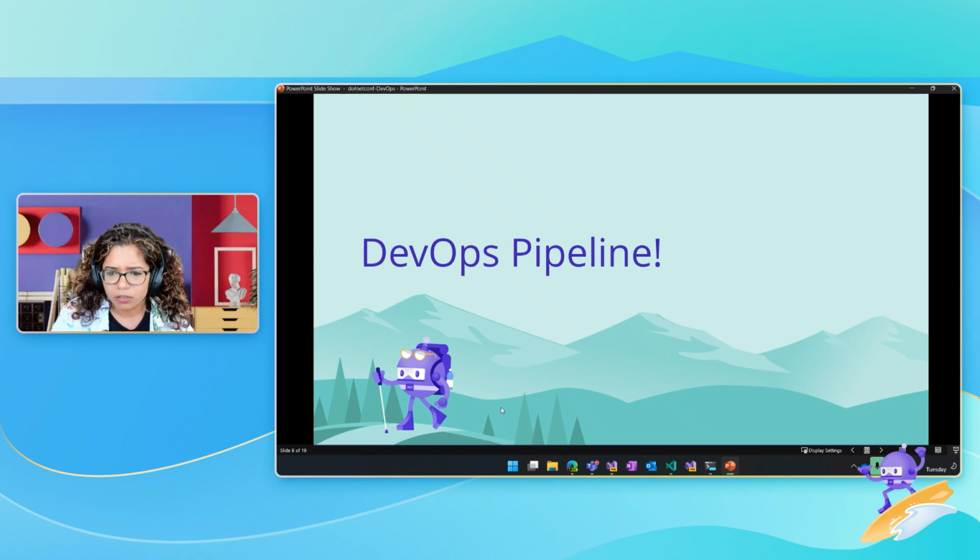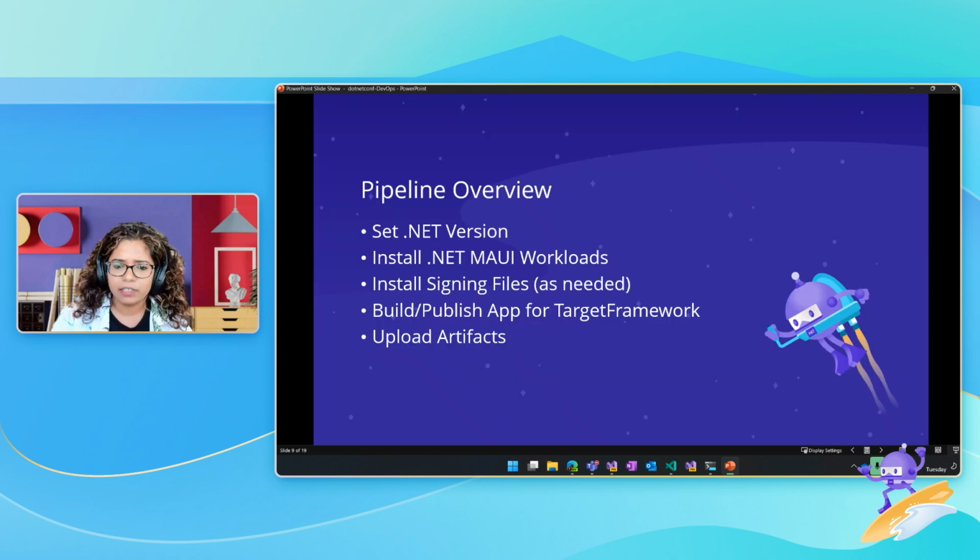All right. So let's talk about a DevOps pipeline, right? For a .NET MAUI, what does a DevOps pipeline even look like? It's basically just these steps, and this is a very basic high-level version of a pipeline. Of course, you will be adding tasks and steps based on how complicated your pipeline is. But at the bare minimum, you'll be setting up the .NET version and making sure the workloads are installed. If you're not doing your release, in most cases you don't need the signing files installation step. If you are doing a release, you want to install all your signing and bundling files, so your certificates are installed, your provisioning profile is installed, your cert for Windows distribution is installed. So you have all that set up.